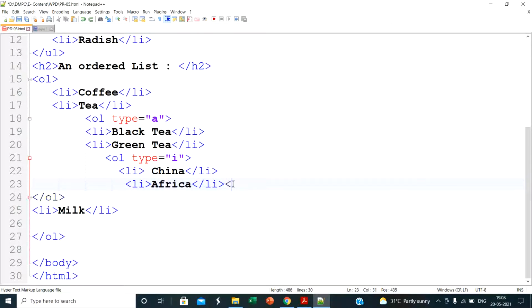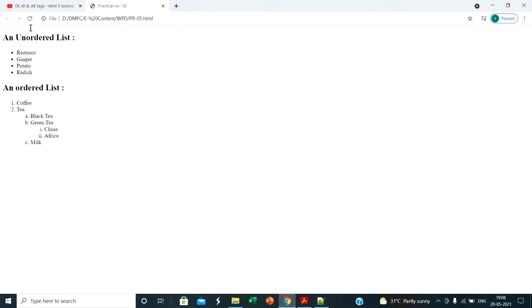Okay, slash OL. Here we get the proper output. In the first list coffee, tea and milk, and then in tea there are sub options black tea and green tea, and in green tea there are sub options China and Africa. So you get the ordered list.